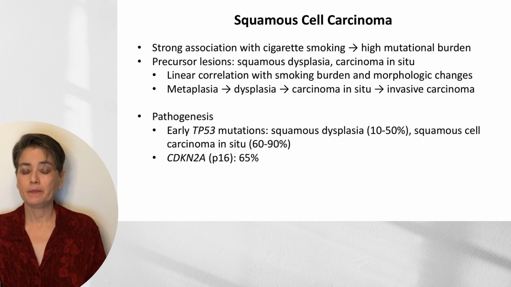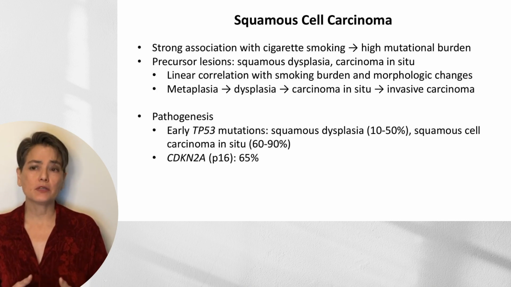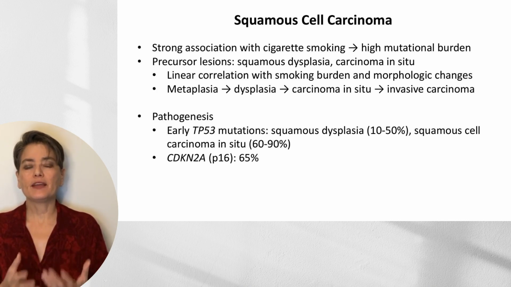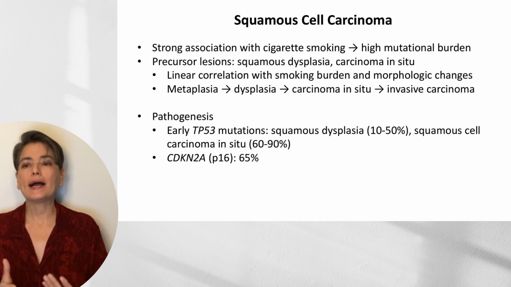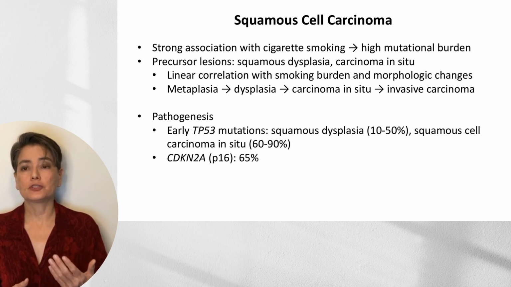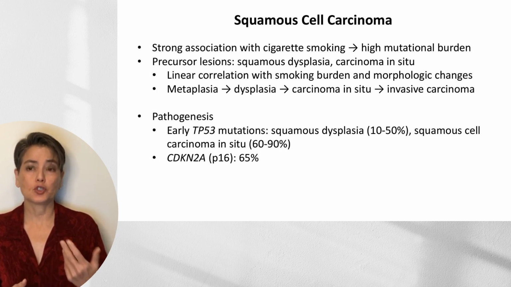cell carcinoma. So as I've already mentioned, it has a strong association with cigarette smoking, and as a consequence, squamous cell carcinomas tend to have a high mutational burden. This is because we get this inhalation of these mutagens that are going to affect the bronchial epithelium. So we're not looking at a single point mutation or a translocation. We're looking at the sort of background that we'll see in cancers associated with ultraviolet radiation, so squamous cell carcinoma